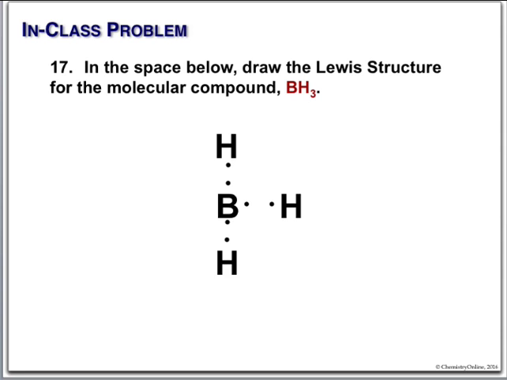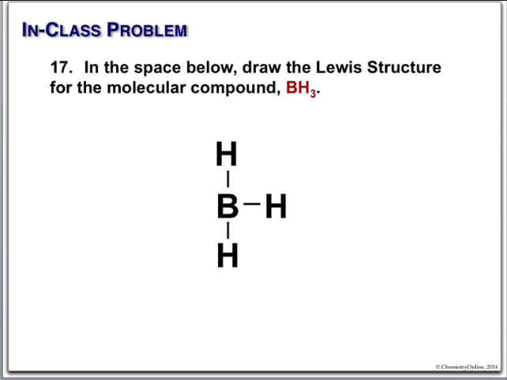So we can form 3 bonds here, scooching them together like that. Now, if you left it like that on the exam, that would be perfectly fine. Or you could use the dash shortcut and simply put in line bonds